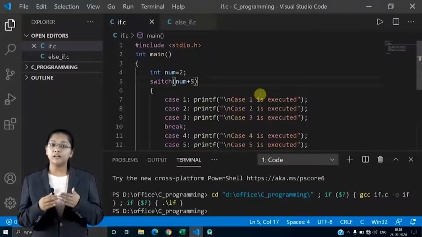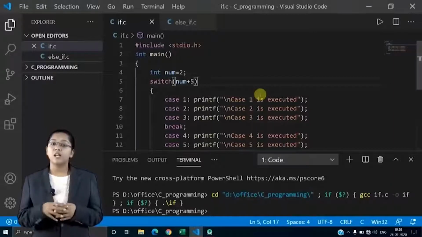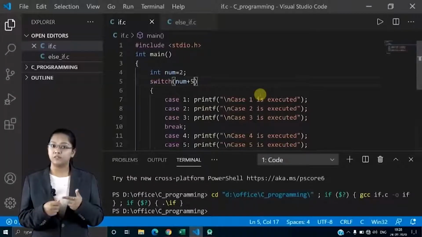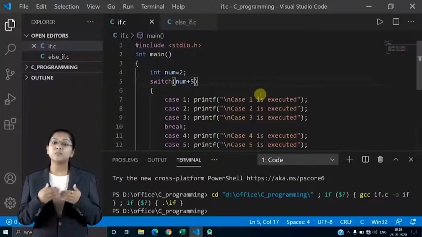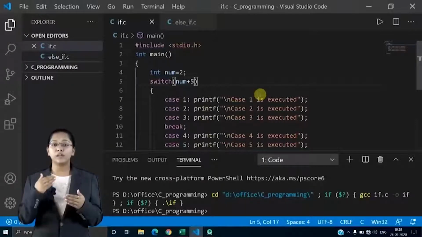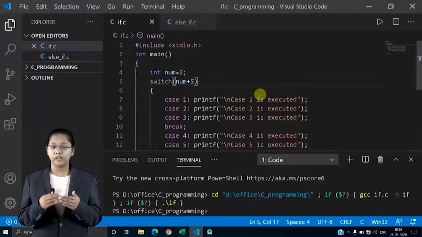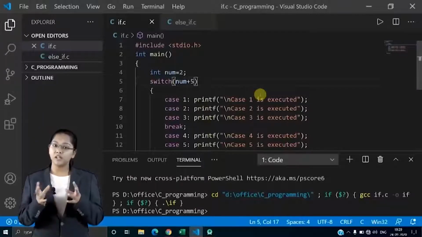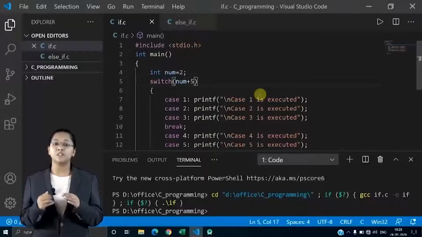Now see, here the default keyword comes into the picture. Just as we used the break keyword to break the loop, similarly, if nothing is matching but you still want your code to get executed by hook or by crook, then you have to write default. That is, even if nothing gets matched, the default statement will definitely be executed.